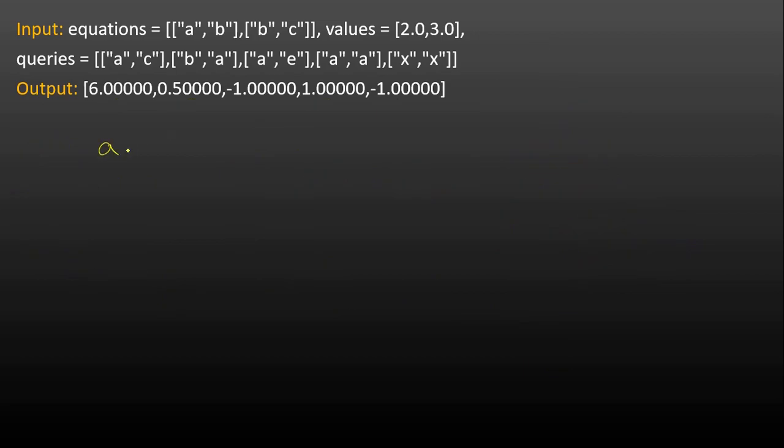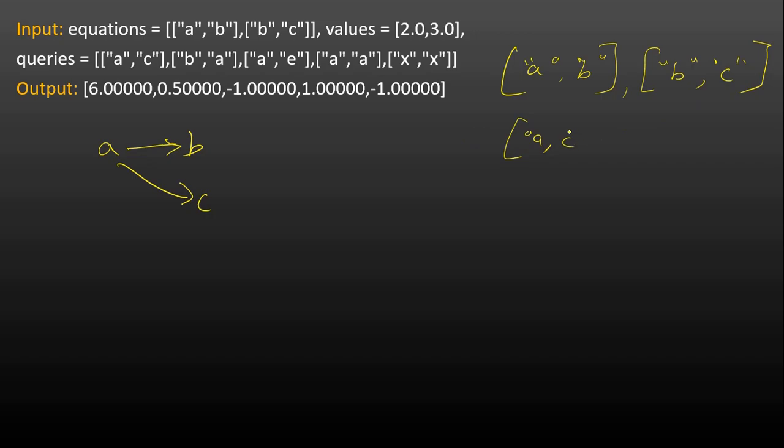So if I have A can have B, A can have C, if there is A comma B as one equation, and let us say B comma C is another equation, and A comma C is also one more equation.